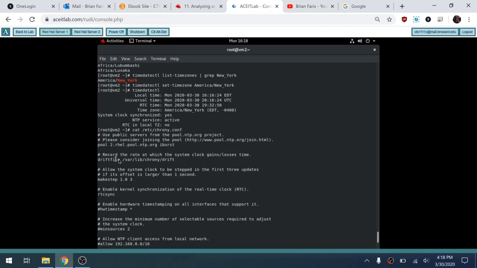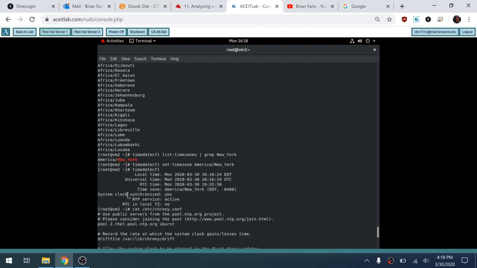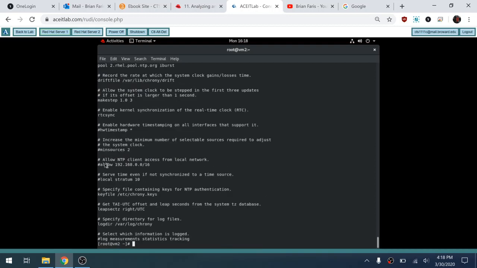Here it's going to record in this file how far off I drift from the time. And there's a lot of things in this file I'm not going to go over. But if I comment this out and put my network here, I could allow other machines in my network to synchronize against me. So instead of all the machines going out to the internet to synchronize their clock, I can have one machine synchronizing the clock, then everyone in my network connects to me to synchronize. And